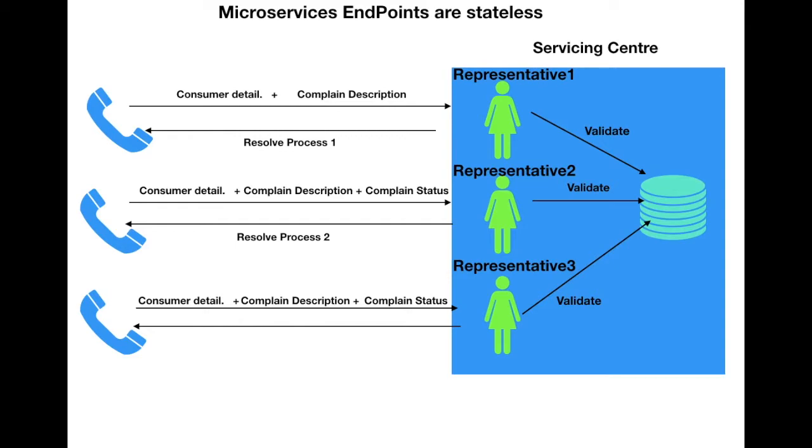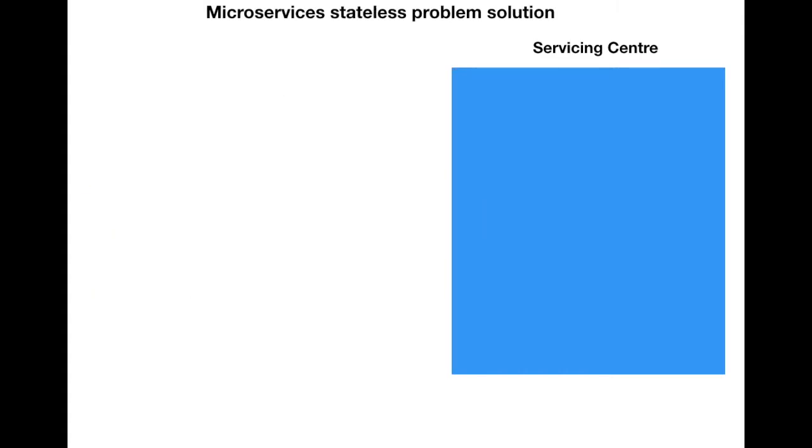You may imagine such a situation if you were in it. Every time you have to provide your entire detail, then you will get a solution. So it is always starting from zero. For that, we can go for using a kind of tokenized process, so that the representative will have a token for the consumer when the consumer calls for the first time. As you know, we get this process.